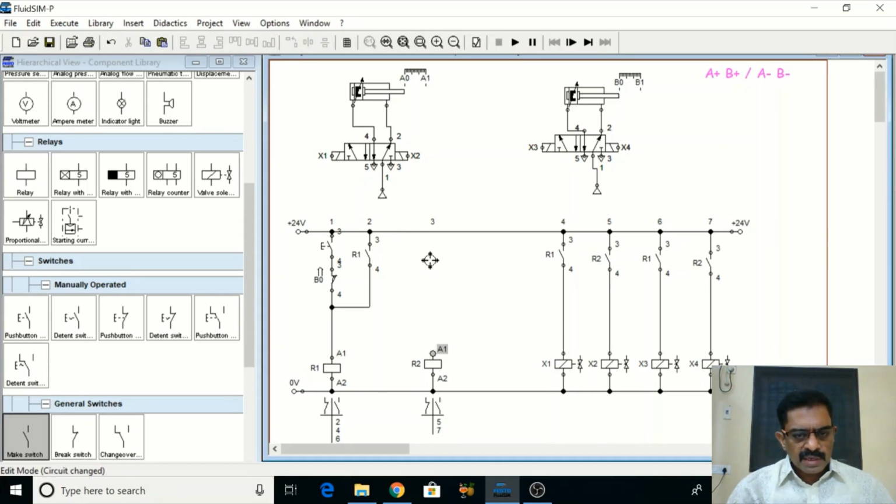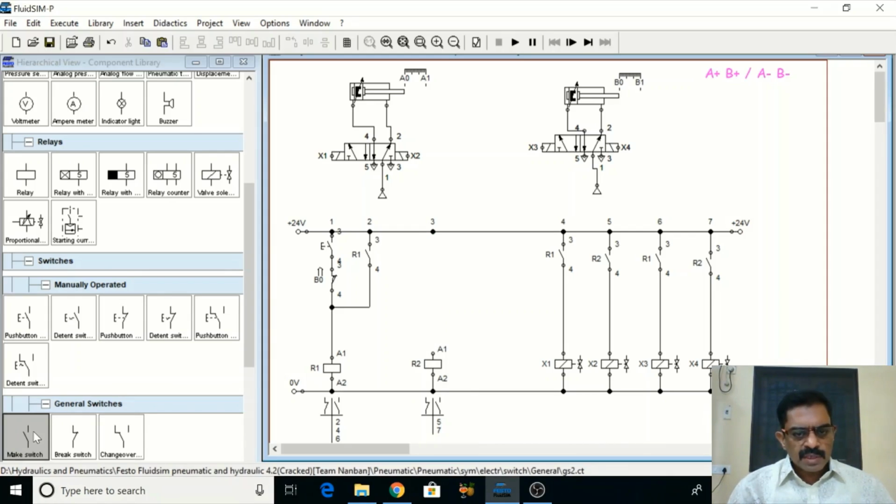So let me connect this. So this relay is for A minus and B minus. So I have to cut this with my B plus. So let me choose a B plus here.